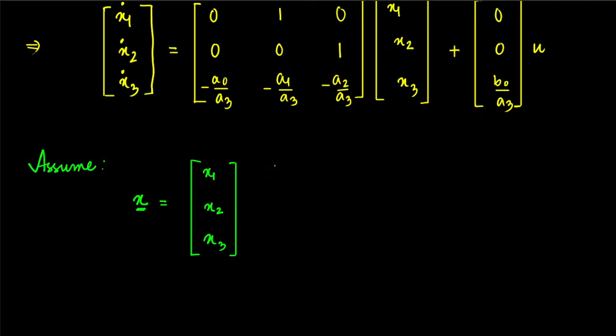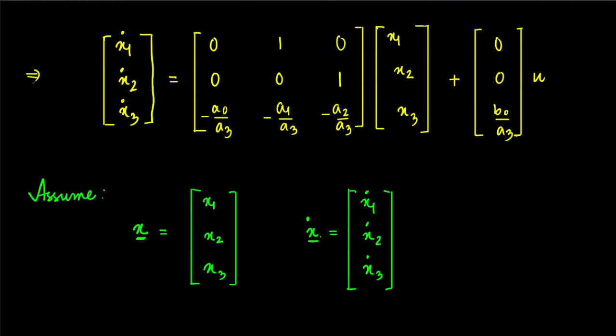And the derivative of this vector quantity is just x1 dot, x2 dot, x3 dot. Now if we put certain names into these matrices, let's say we call this matrix,